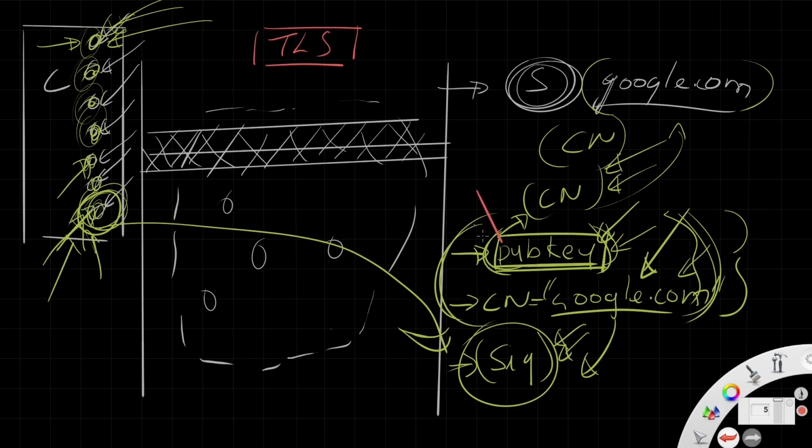If you have verified that this public key is of google.com, which is what you did by verifying the signature, the only party which can decrypt the traffic is the one having the corresponding private key, and that is google.com. So no man-in-the-middle attack is possible as long as none of these encryption algorithms are broken. So you indeed know that you are talking to